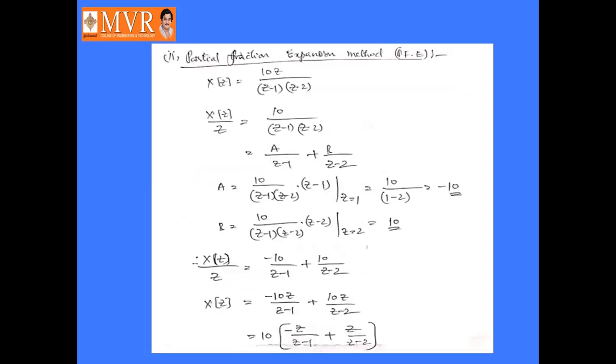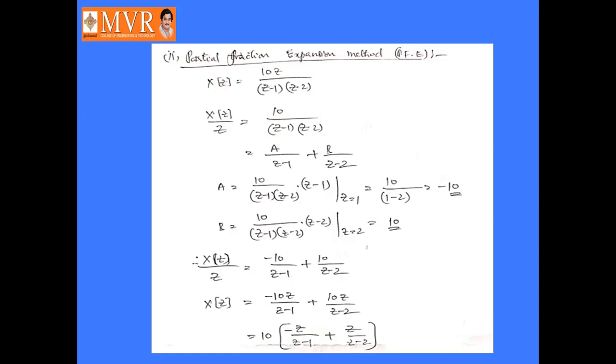This is about the x of n for this problem or this model. So this method is called the power series method or long division method. And the second one is the partial fraction expansion method, also called the PFE method. So here x of z is given as 10z by z minus 1 into